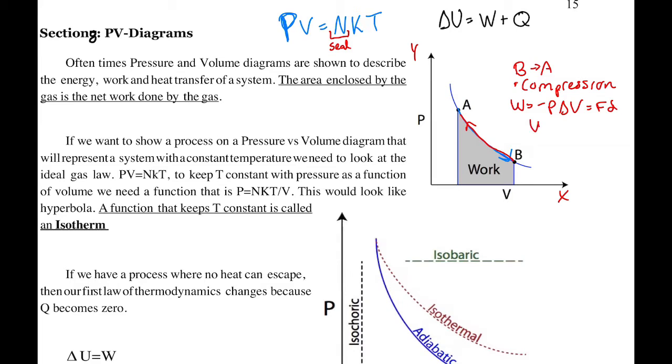As we compress the system, the work on the system is going to be positive. If we add work and we don't allow any heat to leave or enter our system, because we are in like a thermos, something that's insulated, then